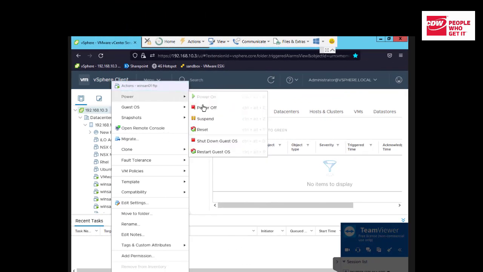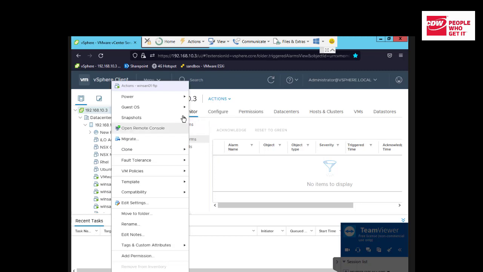And go to power and shut down guest OS, it'll do it cleanly, so there's no issue whatsoever. And then if it leaves them on because they're waiting on updates, then you can just go straight forward to power off. But it's best to use, they've all got VM Tools on, best to use shut down guest first. Right, once you've closed all them down,